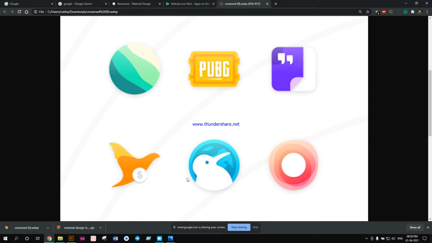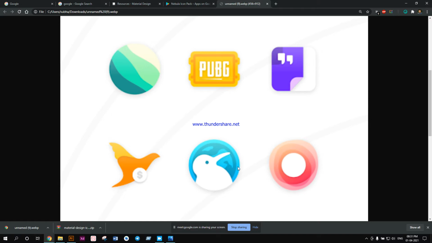Suppose the app icon is made in such a way, the actual app icon, because we are creating these icon pack apps basically to replace the actual icons. So we are trying to conserve the main look of that icon without much distortion.